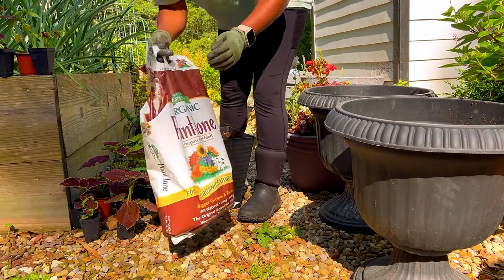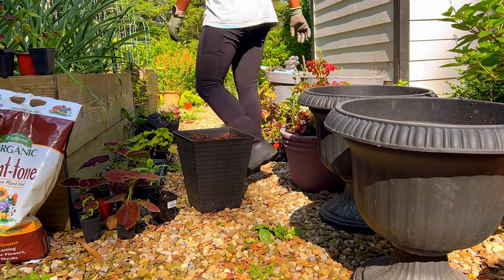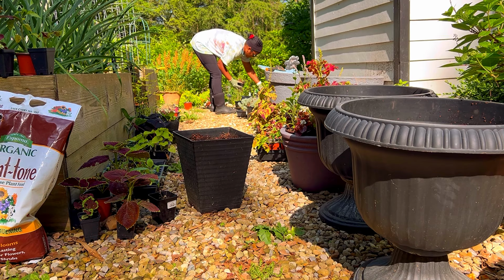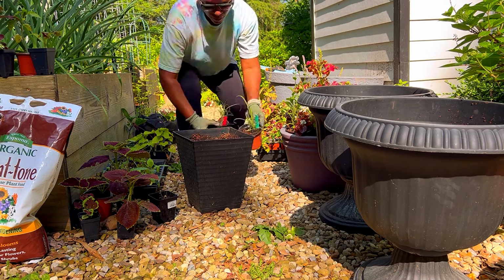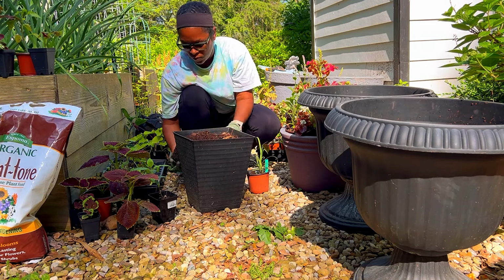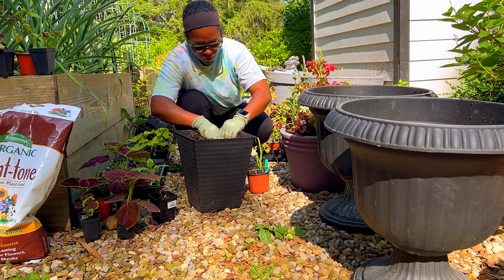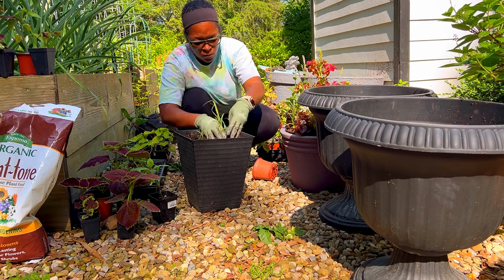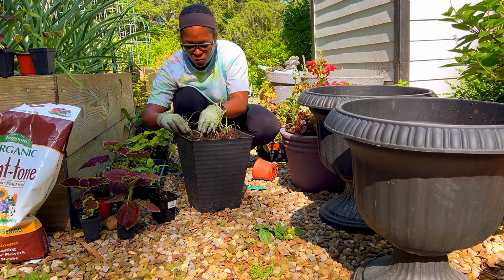I am planting up a bunch of stuff today, starting with my lemongrass seedlings. I have grown lemongrass from seed, this is probably the second or third year, and they do really well. By the end of the season, you've got a huge pot of lemongrass. So one seedling will produce one large plant for you. And I'm planting all the seedlings that I have into one pot so I can have a gigantic